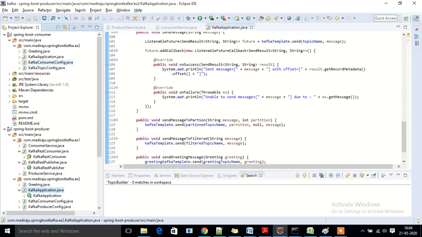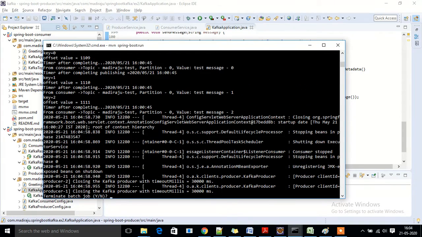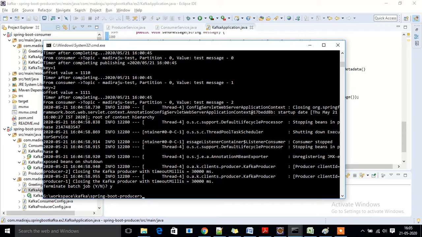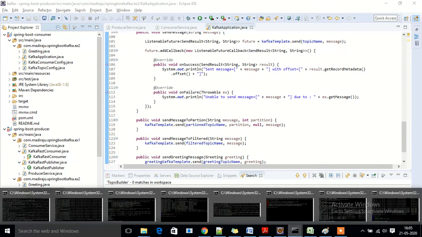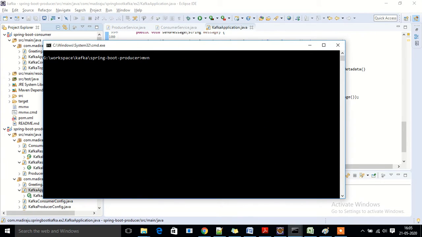examples here, like we have the Kafka consumer here. Okay, to run this example, basically we need to navigate to the corresponding directory where you have launched the application. So here I have the Kafka Spring Boot producer. Initially I will build it using Maven. Okay, tests are not working right now, so I want to skip the test cases.